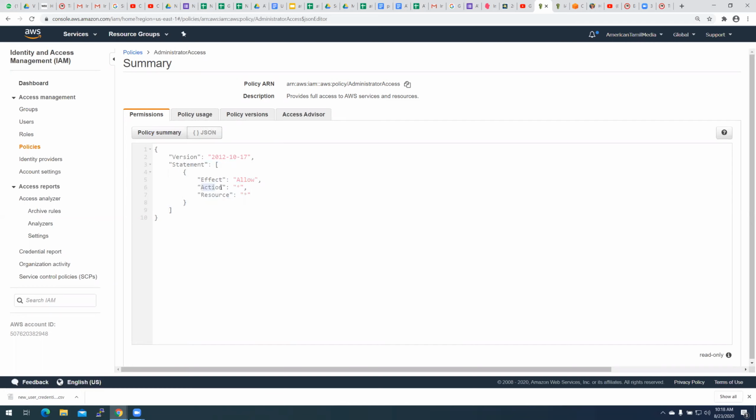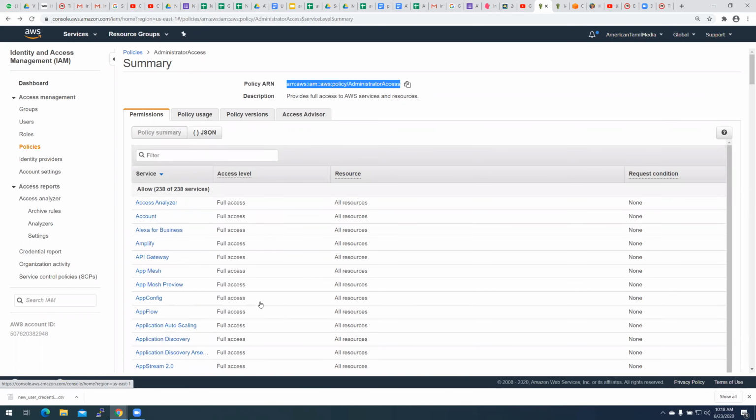Action is read only or read write, that level of privilege. And resource is which resource. Since this is an administrator access policy, it has allow on all the resources with all the privileges. Let's take something that is a read-only kind of policy.